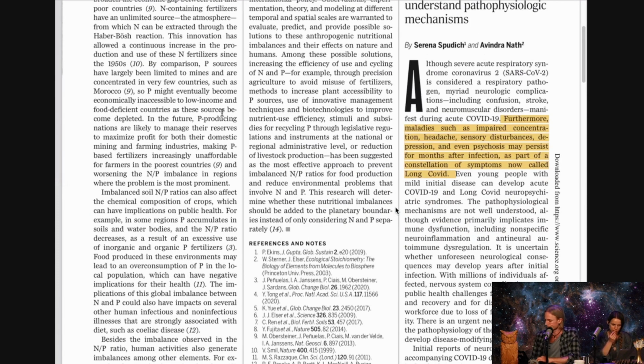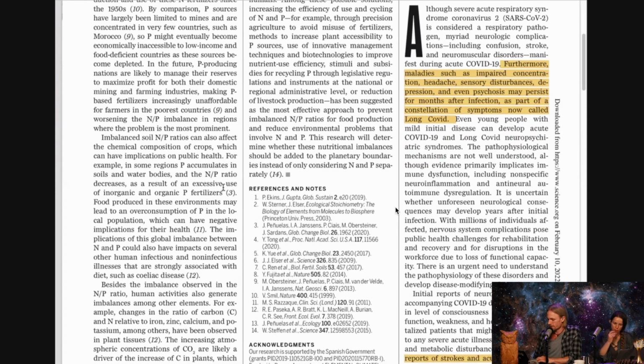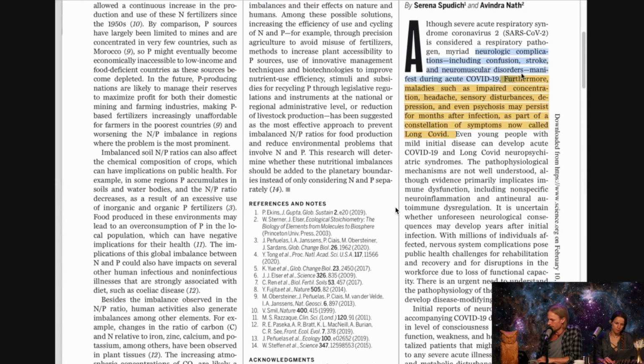So, right out of the gates, they're basically talking about these myriad neurological complications that are showing up: confusion, stroke, neuromuscular disorders are showing up during acute COVID-19. There's also all of these peripheral maladies that they list: headache, sensory disturbances, depression, even psychosis may persist for months after infection, which is, I think, why this is such a scary topic,